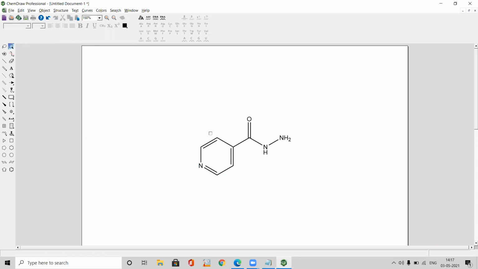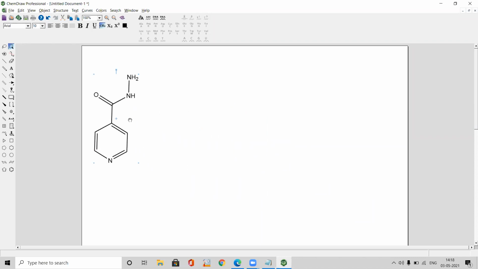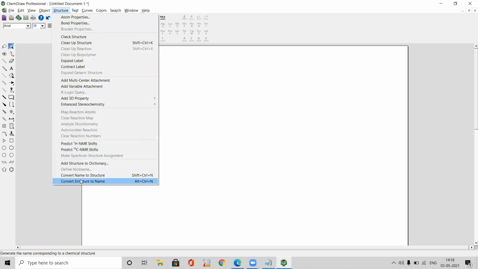So this is the chemical structure of isoniazid. So in textbooks, you may find like this also. The chemical structure may be in this shape also, you will notice. Chemical structure of isoniazid. Now let's move this structure aside and let's get back to the name of the compound.